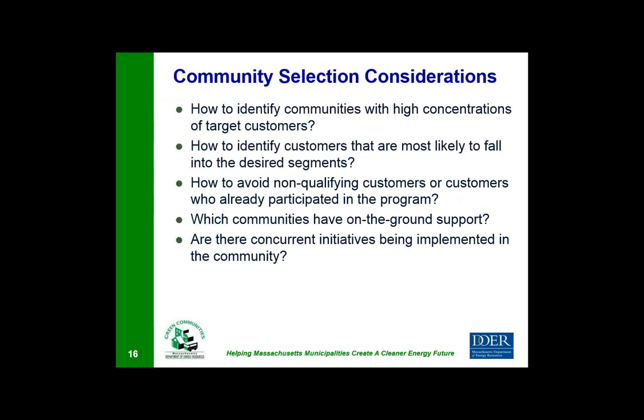As you can see, a number of considerations really guided our selection process. First and foremost, the PAs wanted to ensure that we identified customers within the community that met the qualification criteria and avoided customers who wouldn't qualify. As I noted, again, we're targeting communities and not necessarily specific customers within the community. Everybody who lived in that community was eligible to participate. Therefore, it was really important to identify communities that had a high concentration of the target customers, but at the same time didn't have a large number of customers that the program really wasn't trying to target.